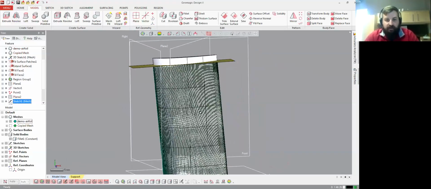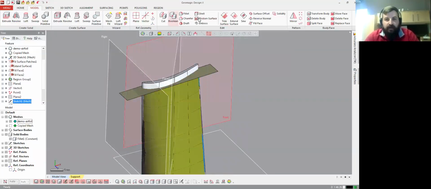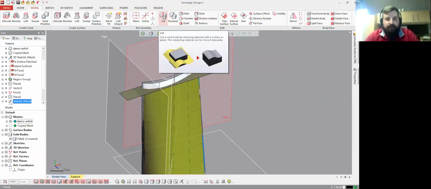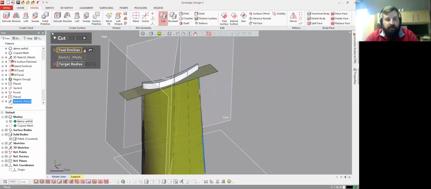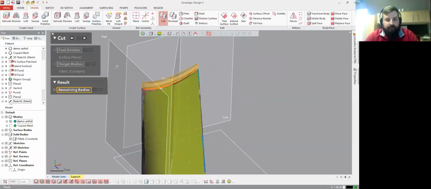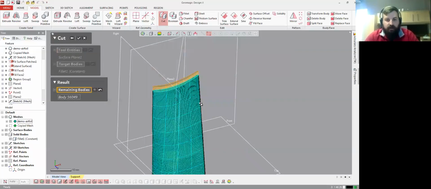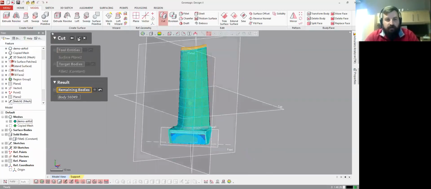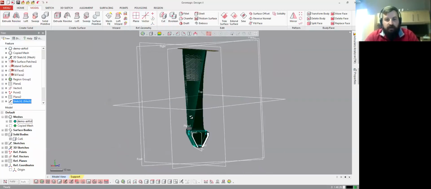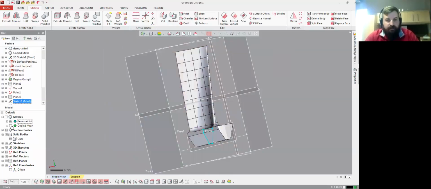And then once that's done, I'll show you an alternative. So we're going to use our cut command. The tool would be the plane that we just built. And cut is we're going to cut into this solid. It asks us to pick what we want to keep. And then we're left with a final solid model